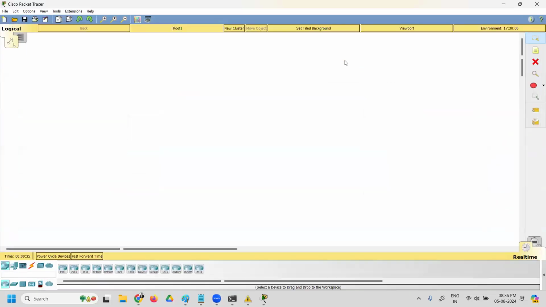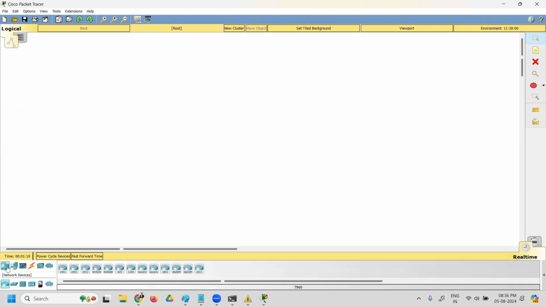This is the Packet Tracer tool. It looks something like this, right? This is the working area, and at the bottom here you can find all the devices. See here, you have network devices. When you select network devices at the bottom, you have router, switch, hubs, wireless devices, security, and WAN. When you choose router, you have so many models of routers. When you choose switch, you have so many models of switches. And if you select end devices, you have computers, laptops, servers, and all these here.